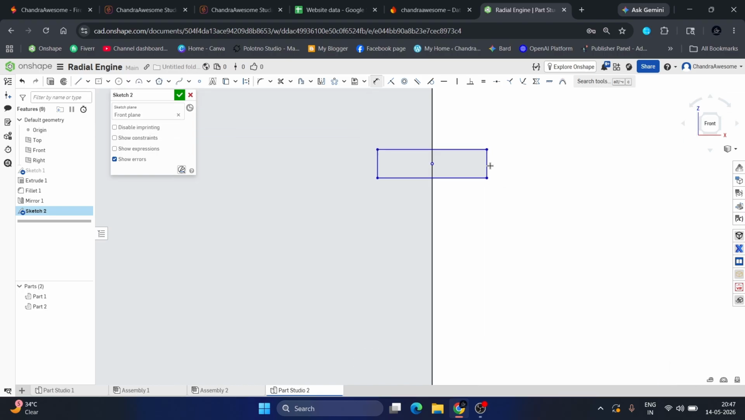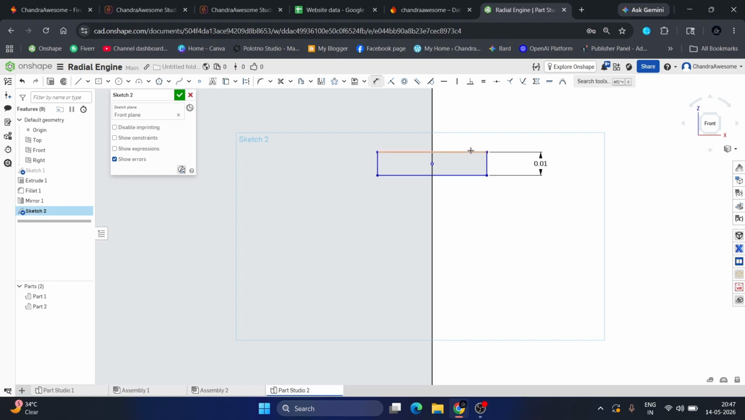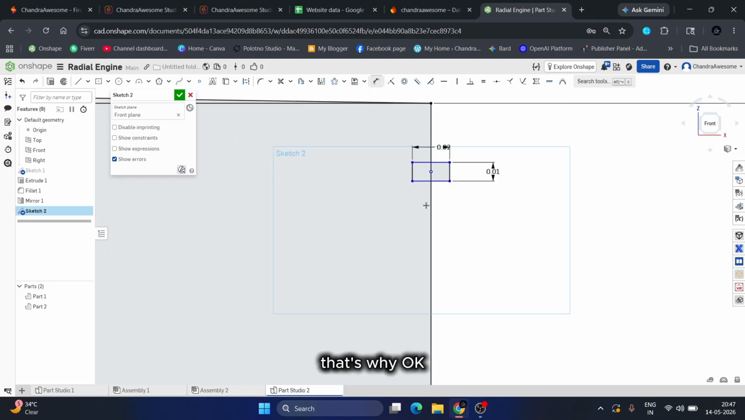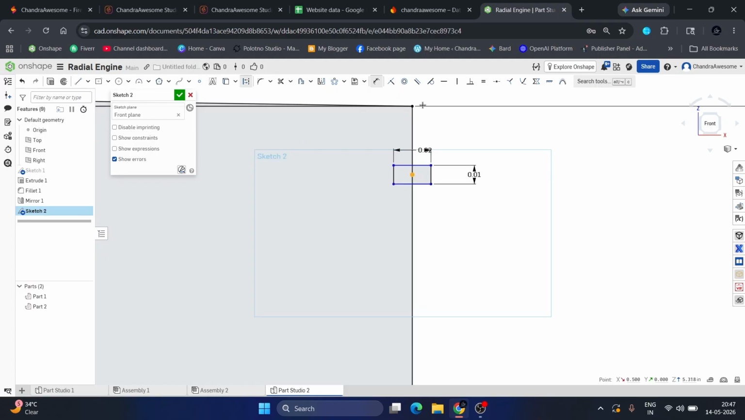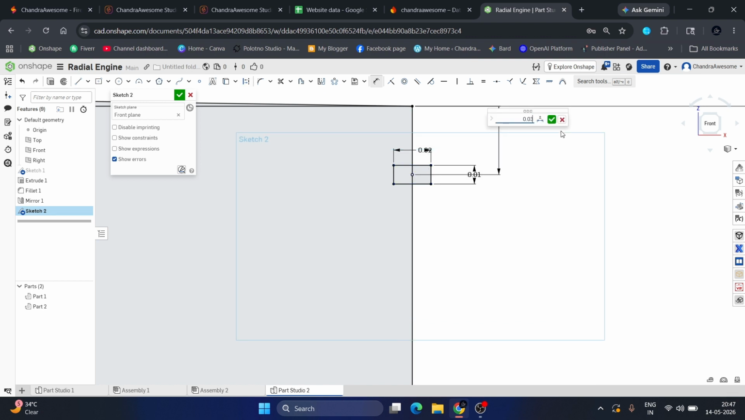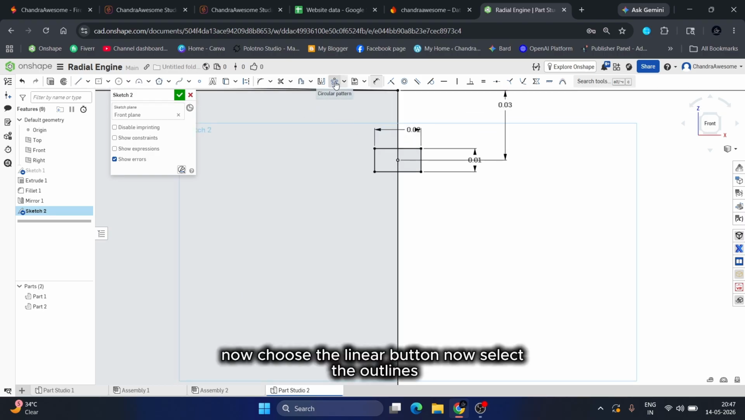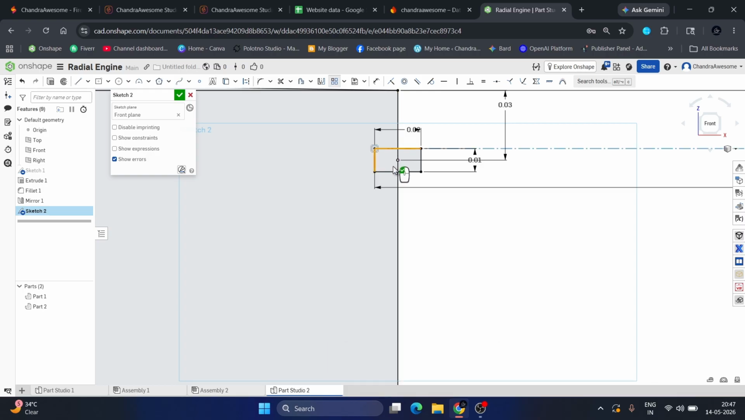Okay, give the dimension to it 0.01 and the length should be 0.02. That's fine. Okay, give the distance from the bonnet 2.03. Okay, now choose the linear pattern. Now select all the lines